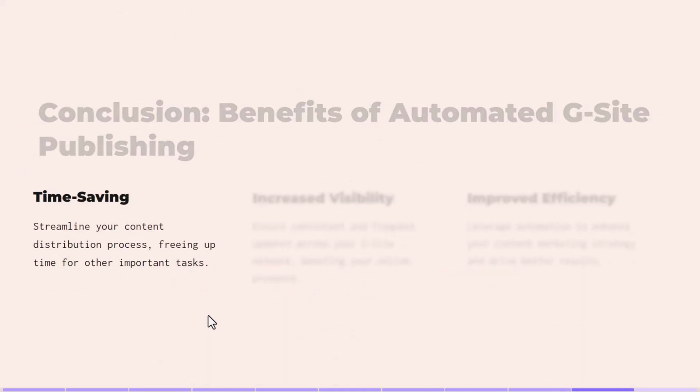Okay, so here's the benefit. It's going to save you time. Definitely streamlining a content distribution process. If you want to do it manually, check out our Geek Out Fridays from August 2nd, 2024, and I show you how to do posting with your media enhanced articles from ZimWriter using AI Masher. It does take a little bit of time to manually post, and there's some benefits to doing it automagically with the Google Site Factory.